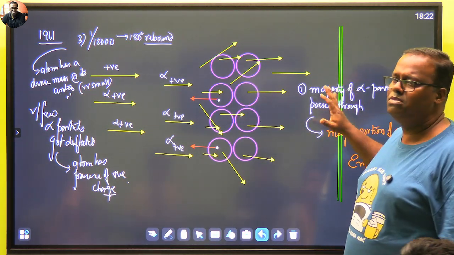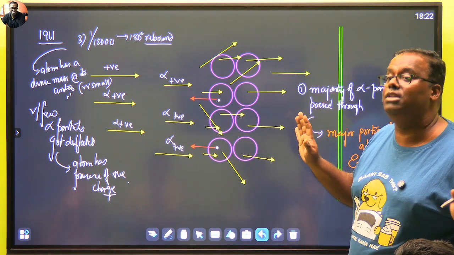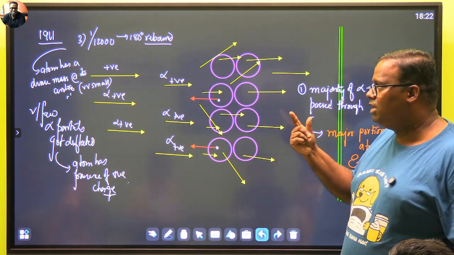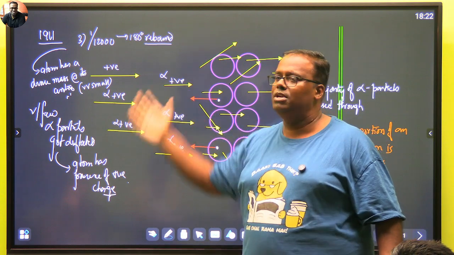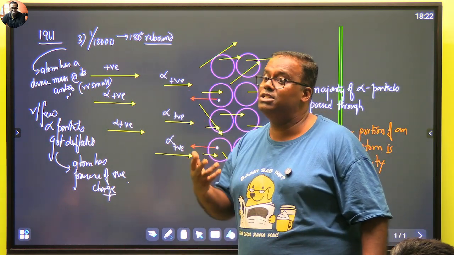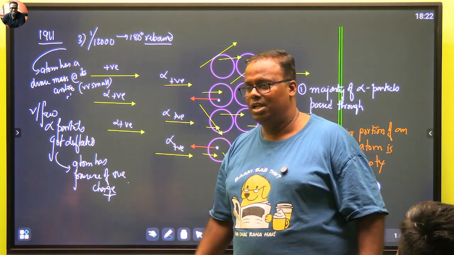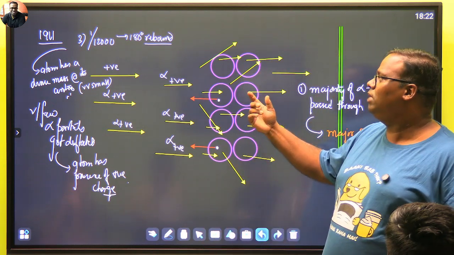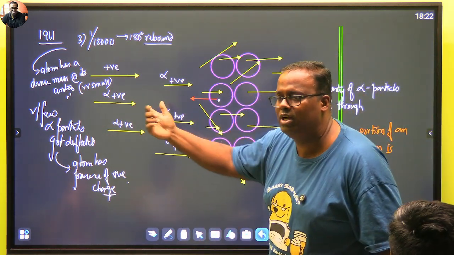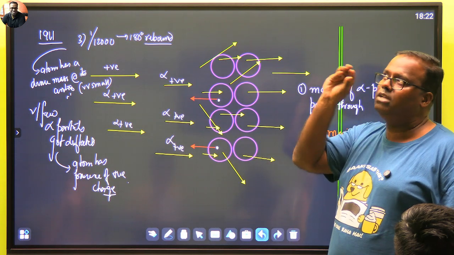That the atom's major portion is empty or vacant. The second finding of the experiment was what? Few of them got deviated. There is presence of positive charge in the atom. And third, 1 out of 12,000 actually came on a 180 rebound, which shows that the atom contains a